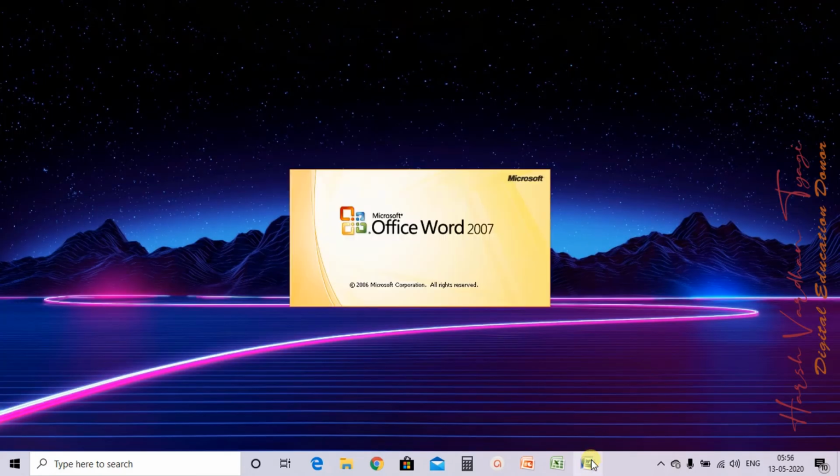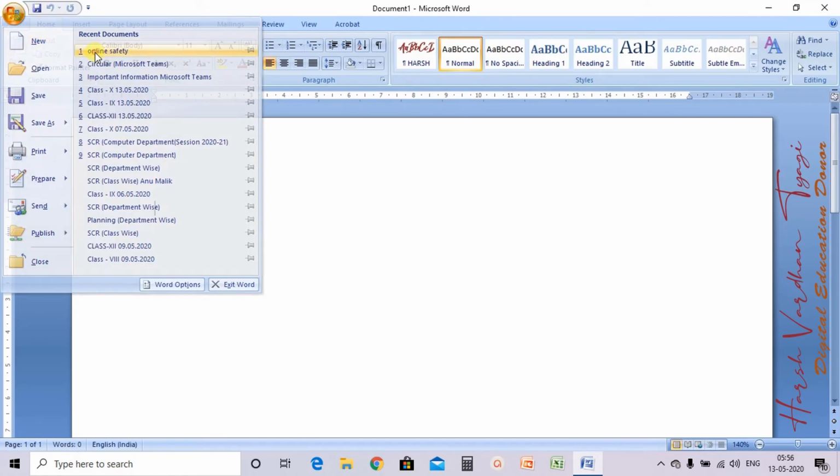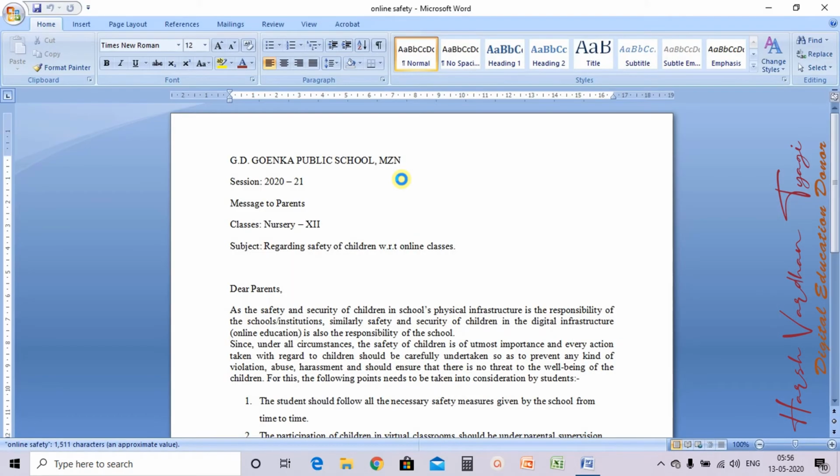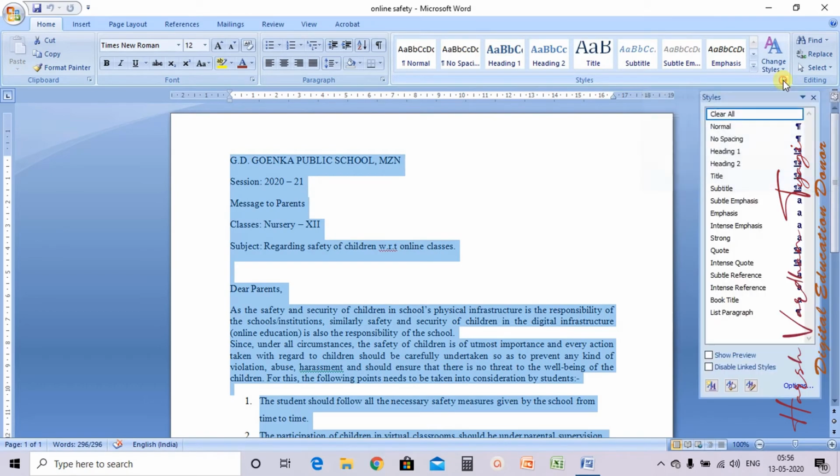Just opening the Word document again, then it is my file. Okay, this is the normal one. Now what you have to do, select all, then in the styles group click on this pop-up button, then select the first option in the last, that is new style.